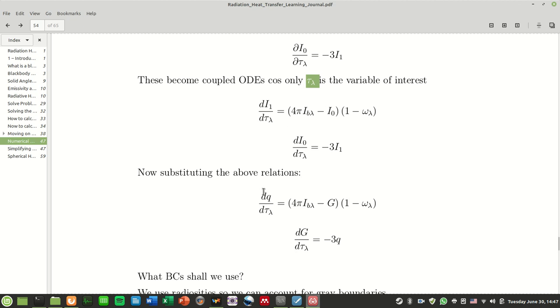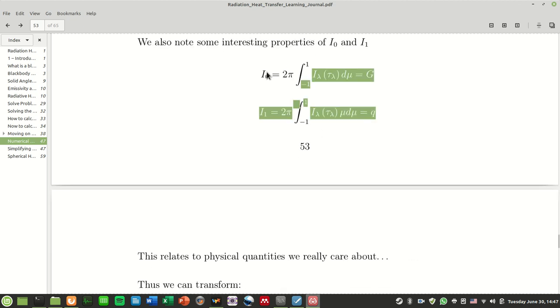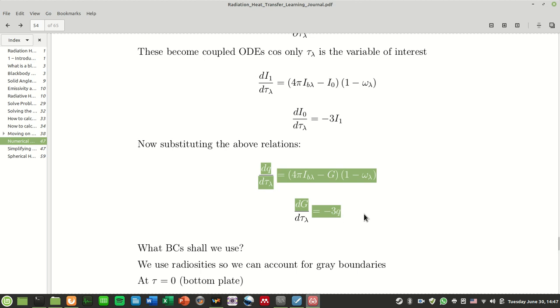Okay, so like I said before, we substitute these two quantities in. So at least now it looks to us that hey, these equations actually have some kind of physical significance. So at least we're not talking in abstract terms like moments and all, but we're talking about heat flux and we're talking about G, the incident radiative intensity. So yeah, basically we just solve for this. So now we have a set of 2 equations that are pretty simple to solve for